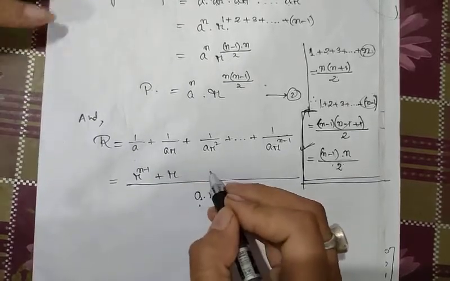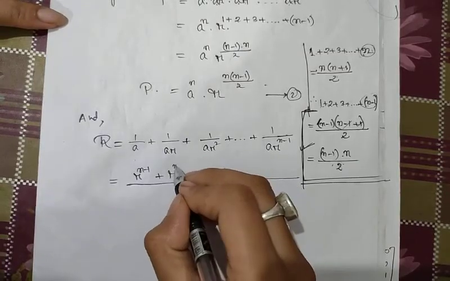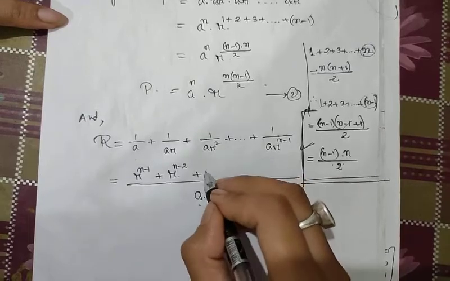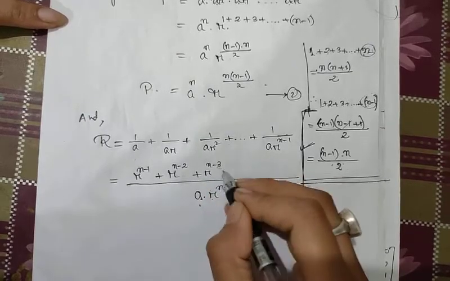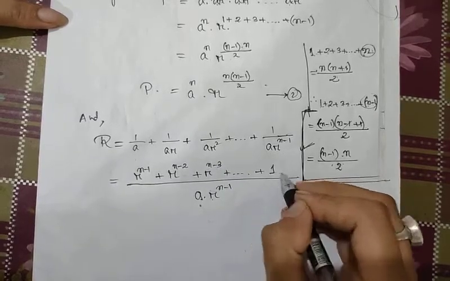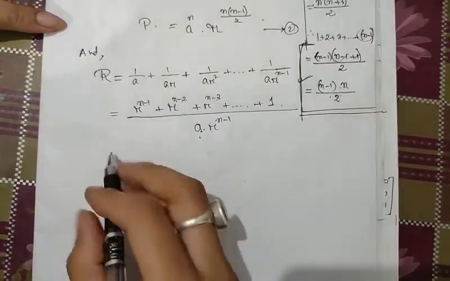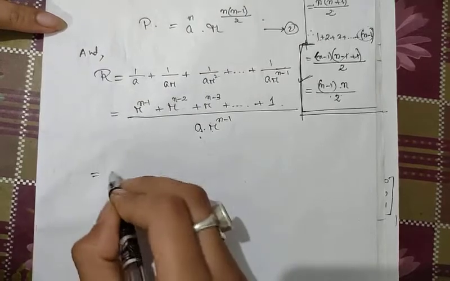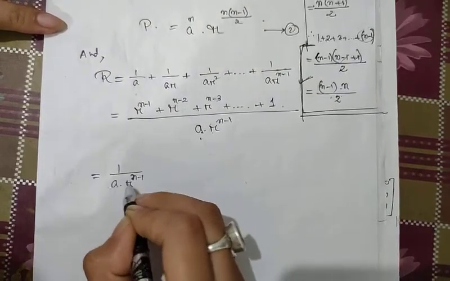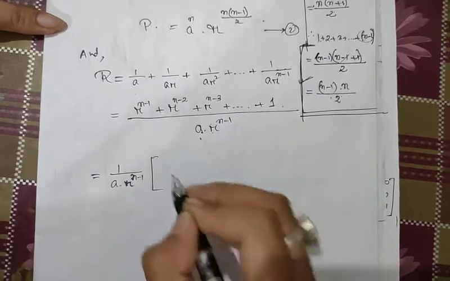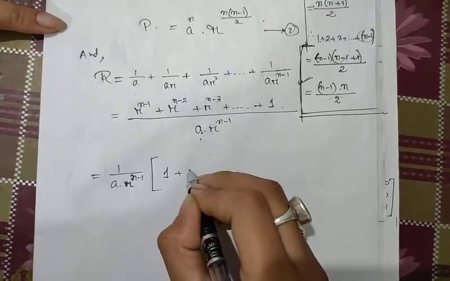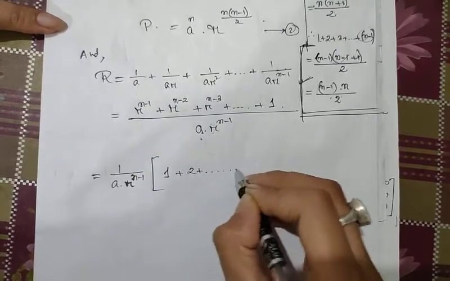r to the power n minus 2 plus r square, r to the power n minus 3, and it goes on, until we are left with 1. So now what do we do? We write 1 by a into r to the power n minus 1 as it is, and in the bracket we write this numerator as 1 plus